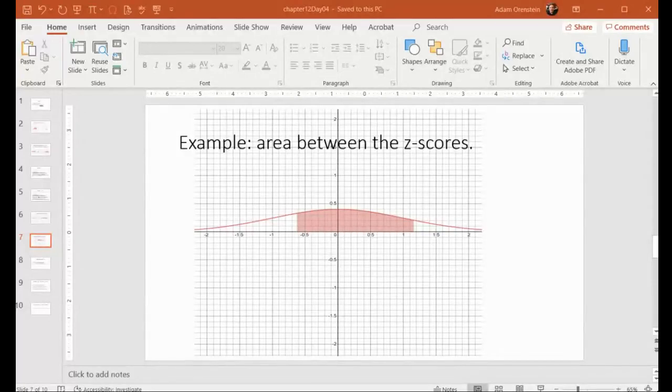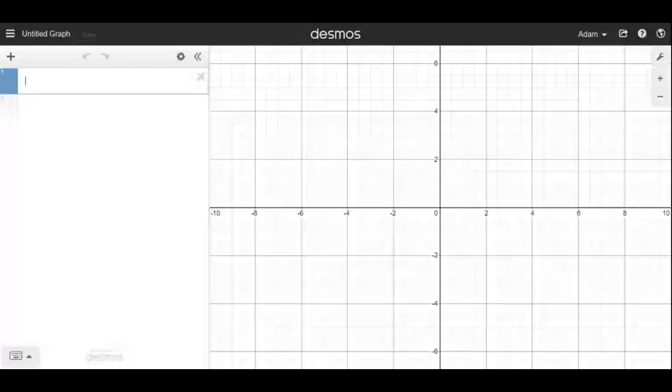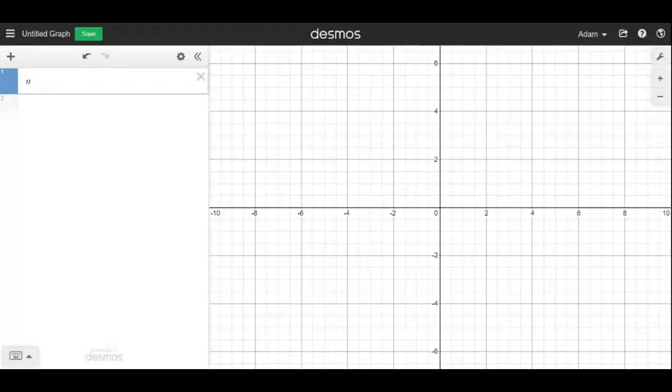All right. Okay, so let me get the Desmos now. Here we go. Here it comes. And again, for Desmos, you can get that normal distribution. You just type, as I'm doing,